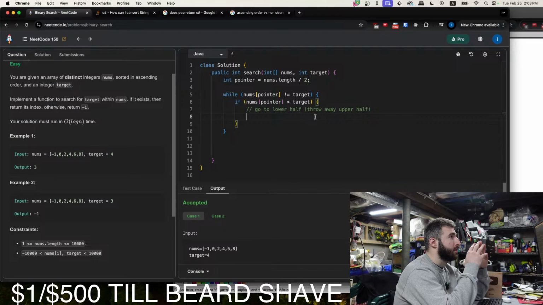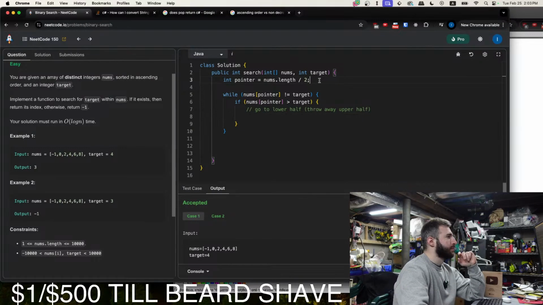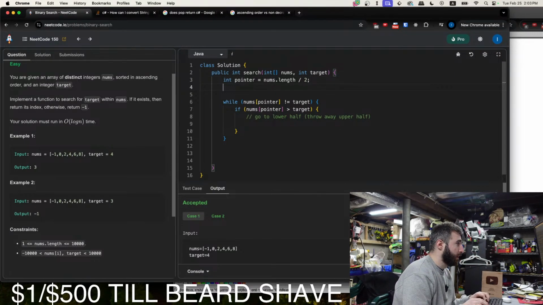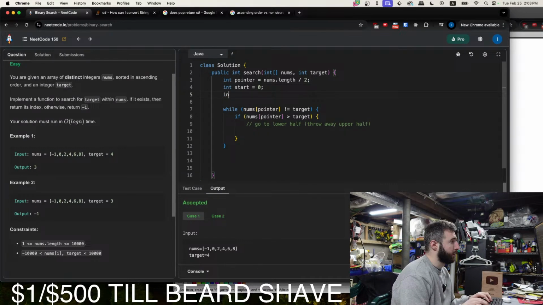So do we need an end variable? We need an int start equals 0, and we need an end equals... Thank you, Jeter JP. Okay, thank you. End is nums.length.